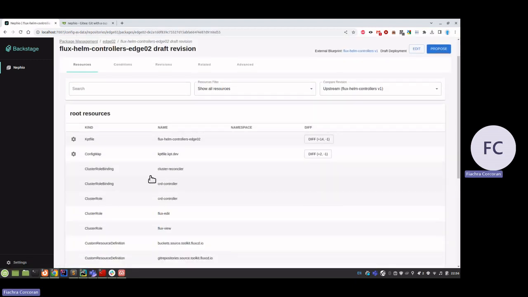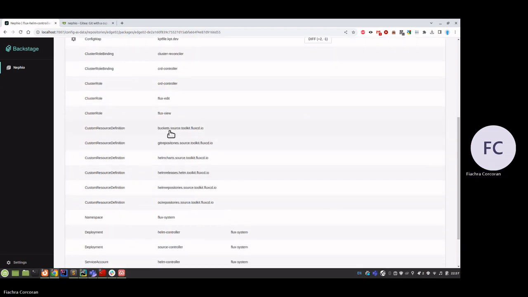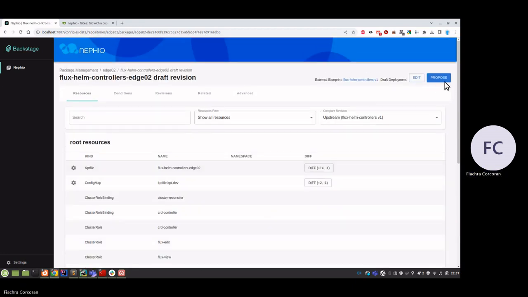So here you can see the package itself is just a collection of pretty standard Kubernetes resources, which we've extracted from Flux essentially to deploy and package within a kpt package. So cluster role, these are the CRDs associated with the controllers that we're deploying. Namespace, so we're deploying into the flux-system namespace by default. And these are our 2 controllers, so your Helm controller and source controller from Flux, and some service and service accounts resources also. So if we go ahead and propose this,